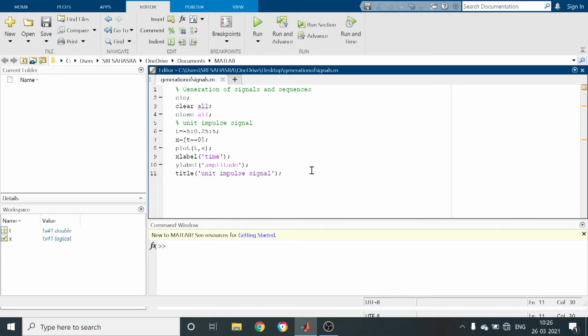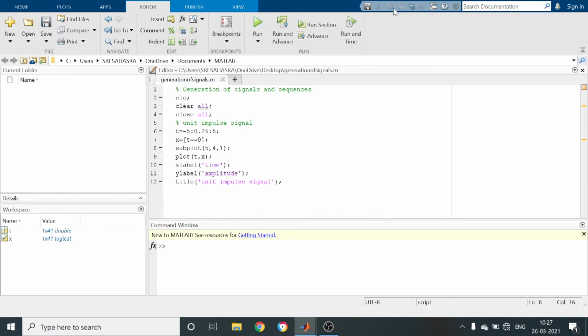So next, I want to generate all signals as well as sequences. In order to generate all signals and sequences, we have to use the subplot command before plot. In this program we are going to generate 19 signals, so I am taking a 5 by 4 matrix, that is 5 comma 4 comma, and this is the first plot, so 5 comma 4 comma 1. Now run the program again in order to observe the difference.